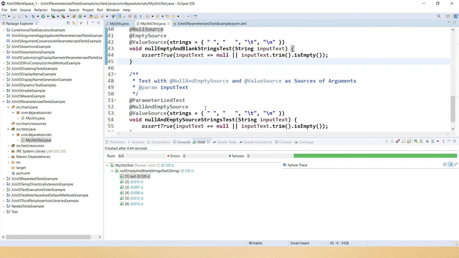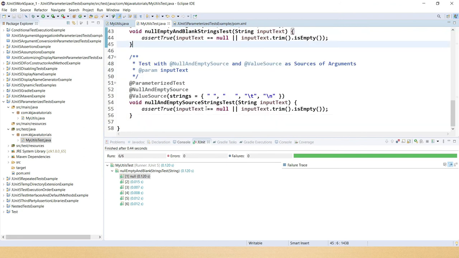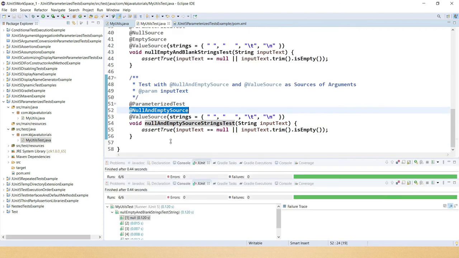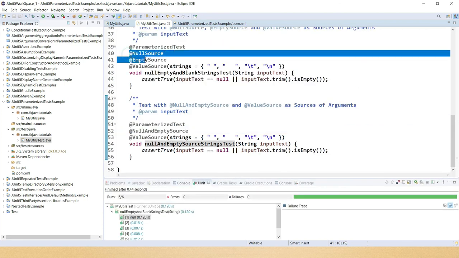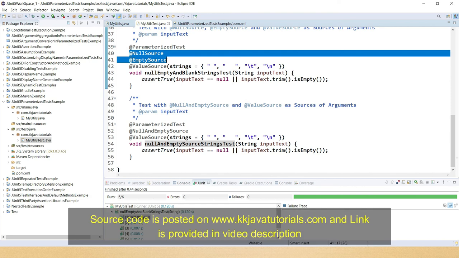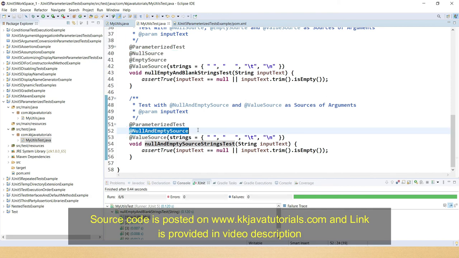Now let's look at the other test case. This is again a parameterized test because it is annotated with @ParameterizedTest, and here instead of using two annotations, @NullSource and @EmptySource, you can combine these two using the @NullAndEmptySource annotation. And of course using @ValueSource you can provide multiple blank strings.